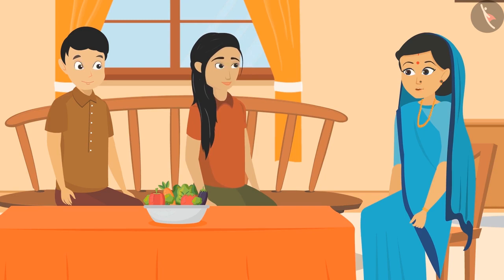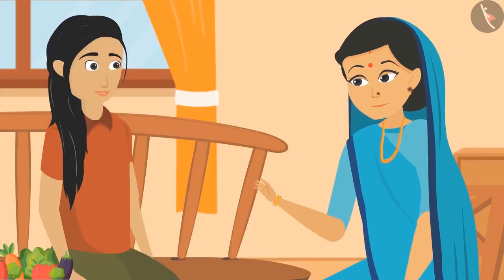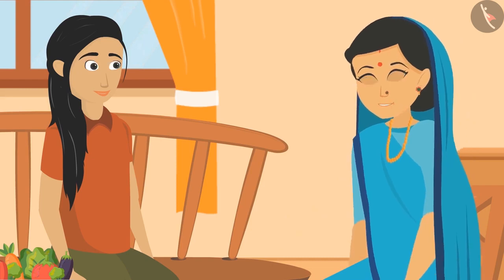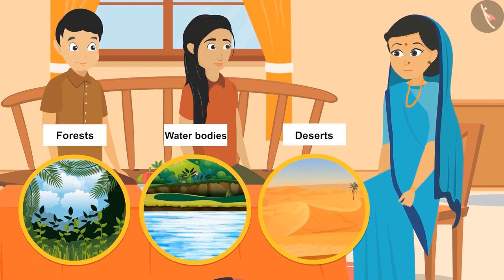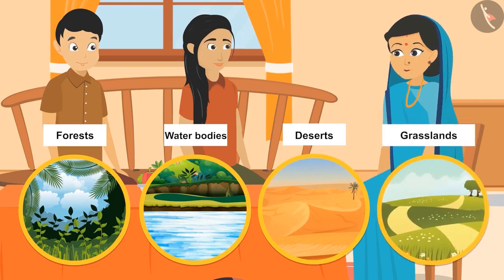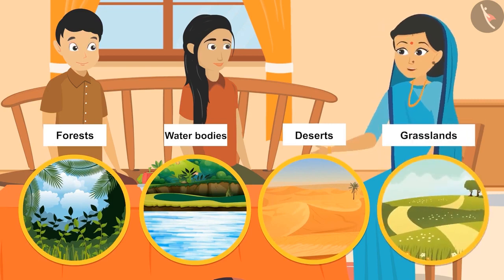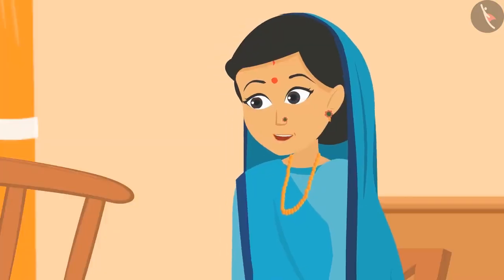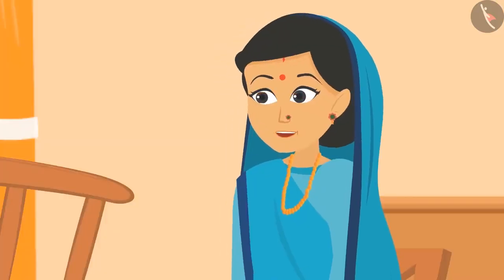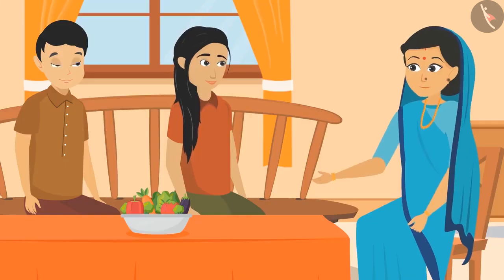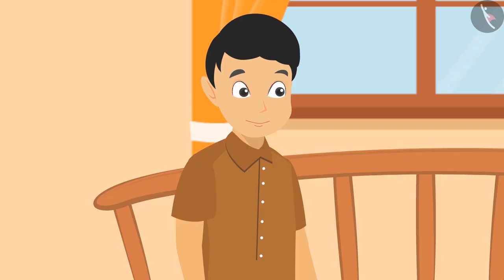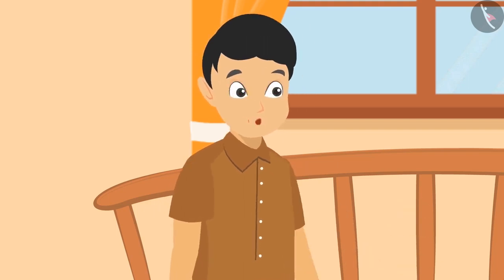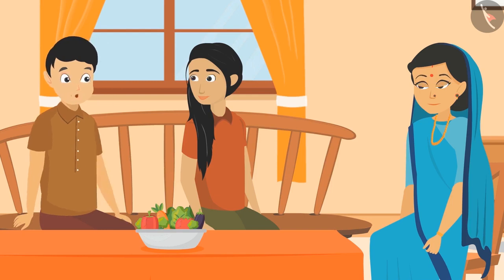Thanks, Mummy. Really, there is so much variation in the world. We have discussed only a few animals. In forests, water bodies, deserts, and grasslands, there are so many animals about which we don't even know. And there are so many microorganisms that live in our surrounding air, soil, the food we eat, and even within ourselves in our body. Yes, and the qualities we have discussed now taught us how living beings are different from non-living beings.